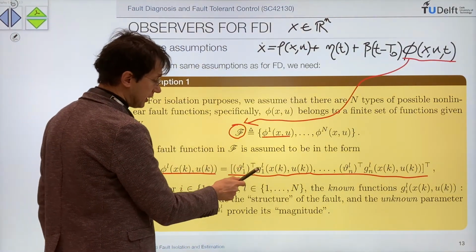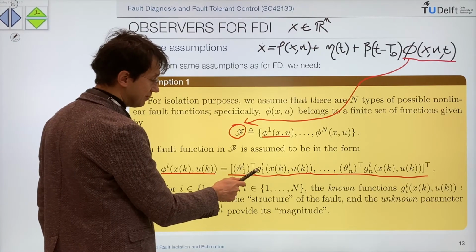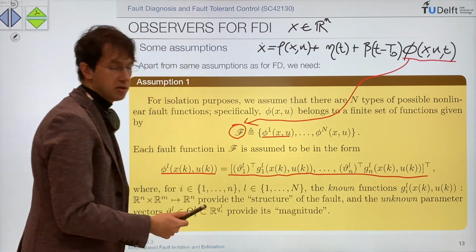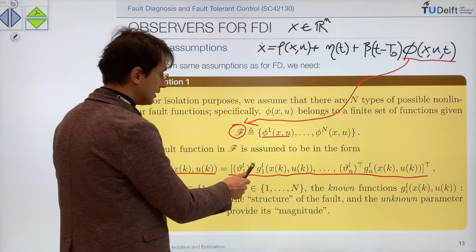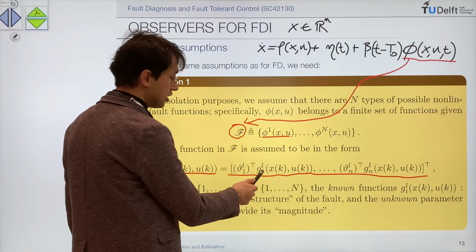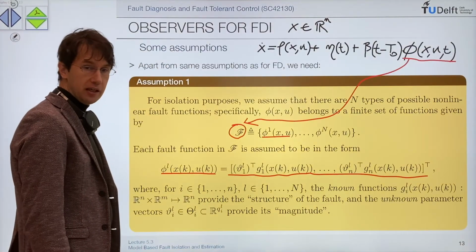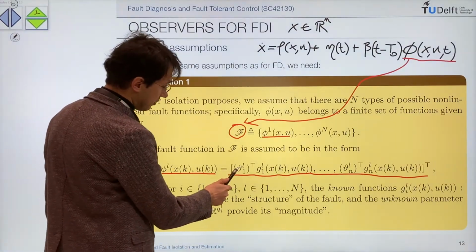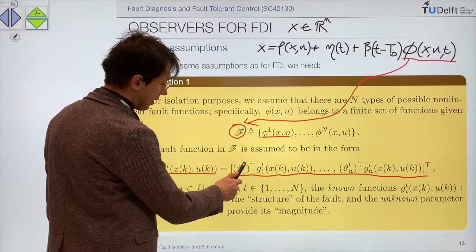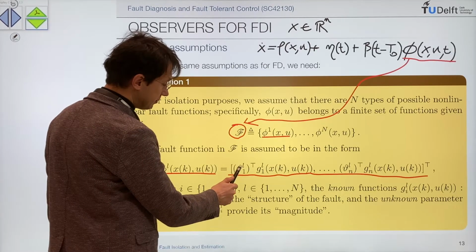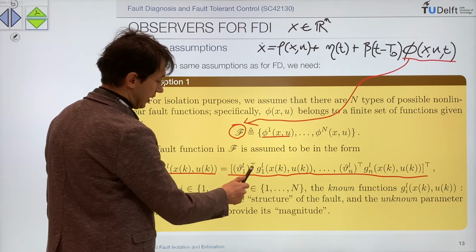You have yet another function, g, of x and u, and possibly of time. And this is the function that describes the shape of that particular fault. The magnitude of that is encoded by a parameter vector theta that is in front of that, and it is